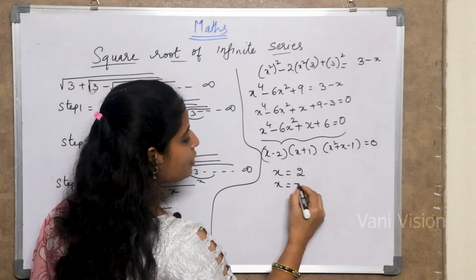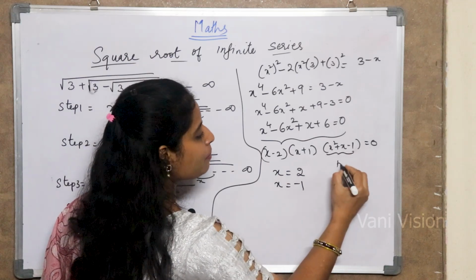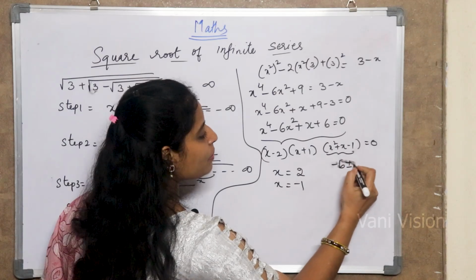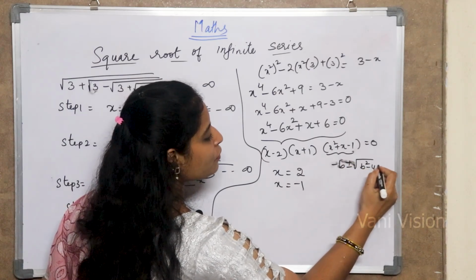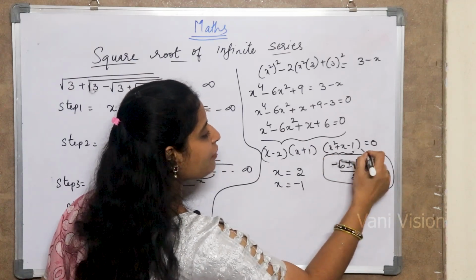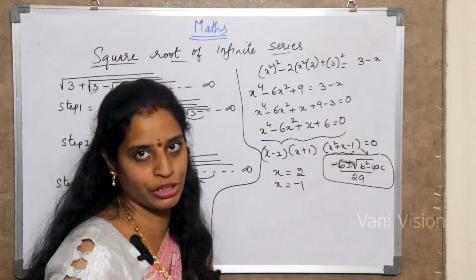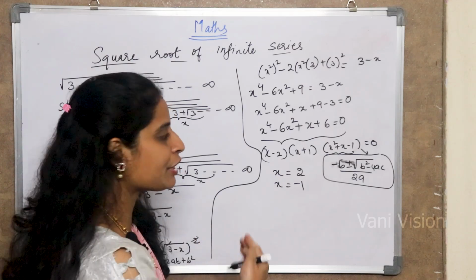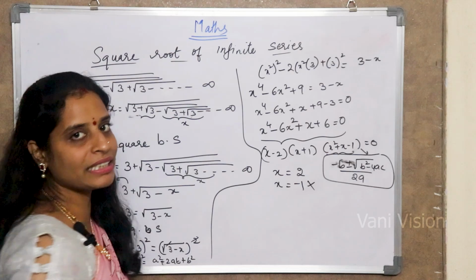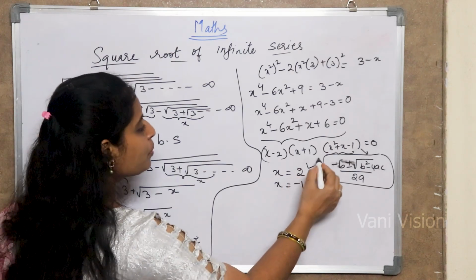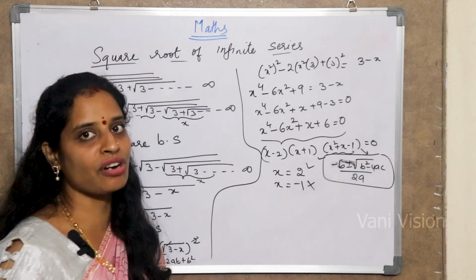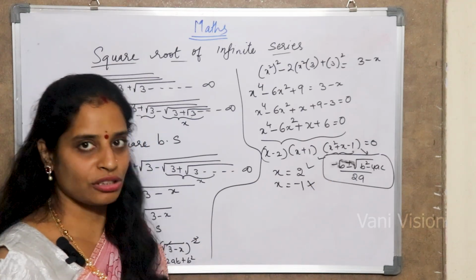Now, so x values are what? x is equal to 2, x is equal to minus 1. By using x equals minus b plus or minus root over b square minus 4ac by 2a, by using the root formula, we can find out the roots for this particular equation. Clear? You people do it, or else the video is going to become too big. So the solution will not be in negative values. The solution may be 2 or this. Clear? Here also if we get a fractional value, then that is not a solution for us.